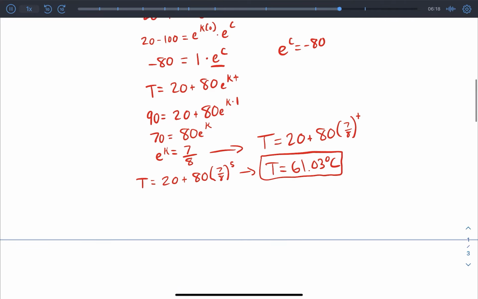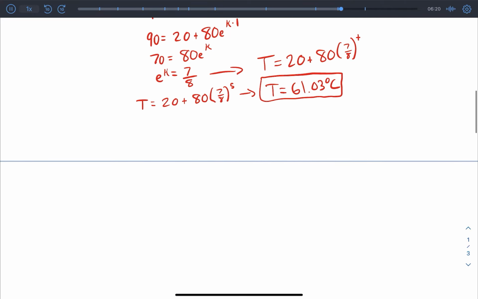Part B asks us to find at what time the rock will reach 50 degrees Celsius. And this is pretty easy. Now that we already have the temperature profile of the rock, we can just plug in 50 for our temperature and solve for time. So we've got 50 is equal to 20 plus 80 times 7/8 to the time. And doing some math, moving some things around, we're left with 3/8 is equal to